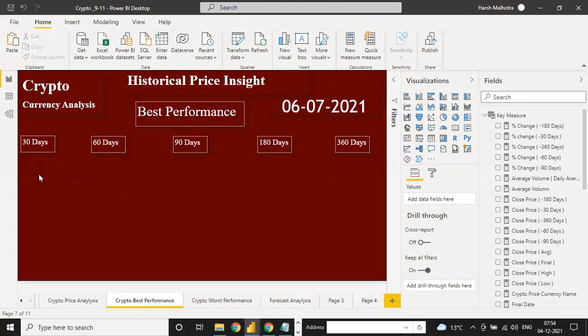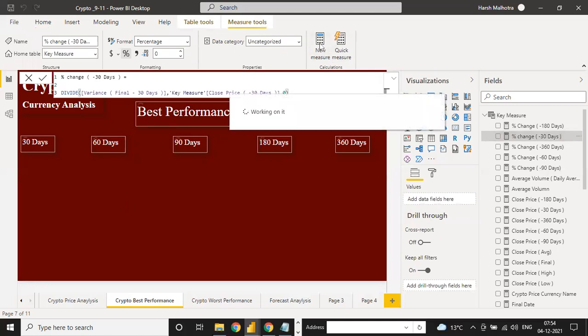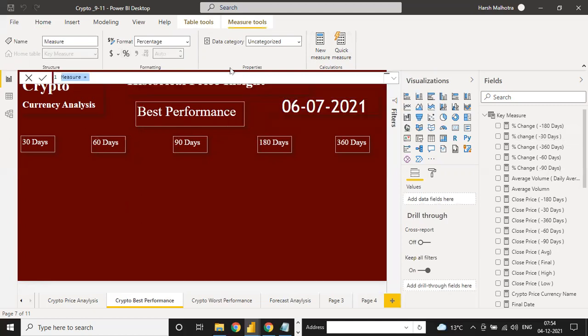Like we need top 30 days currency wise chart, top 60 days wise currency wise chart. Okay, so for this we have to write a measure. If I click here and click on new measure, one measure I can write it. Okay, another measure is simply, and for top as well as same for worst. I'm just doing just 30 days. You can do all like 1, 2, 3, and 4, and this is your homework so that you can submit your final file to me till tomorrow. And now I will complete this project with you today.